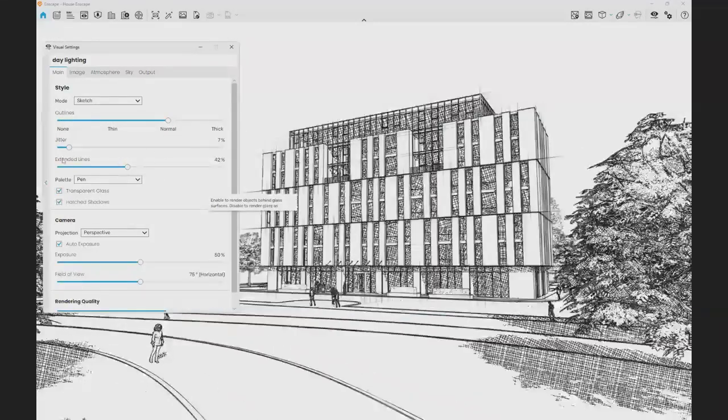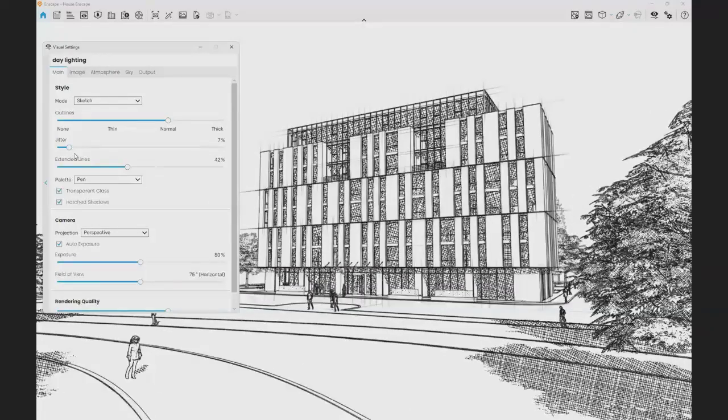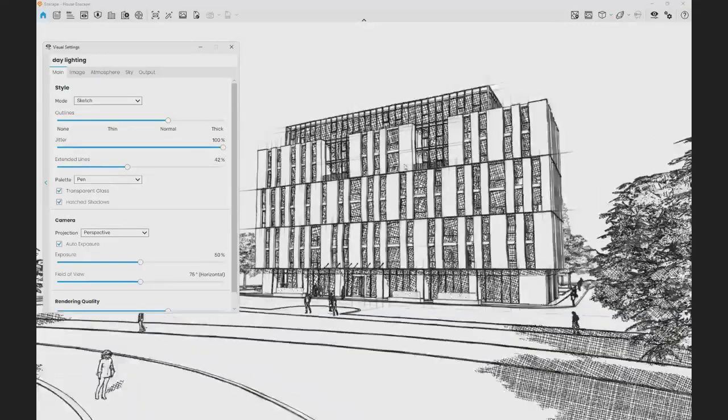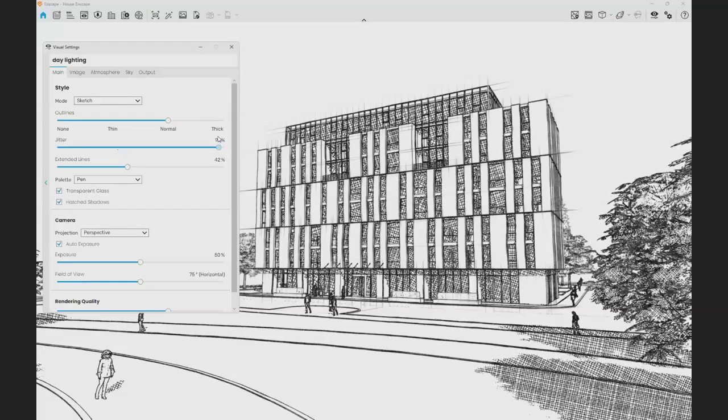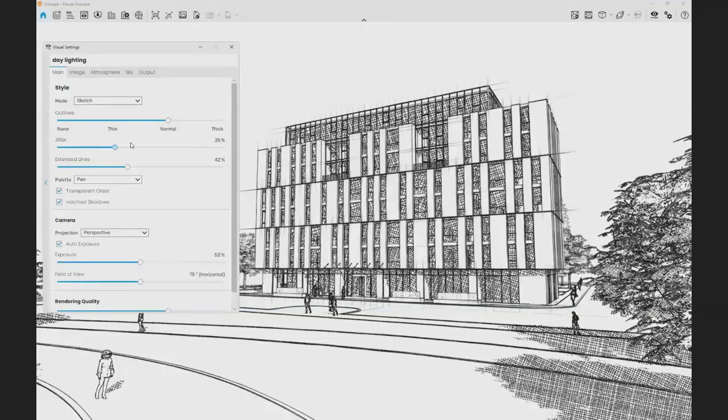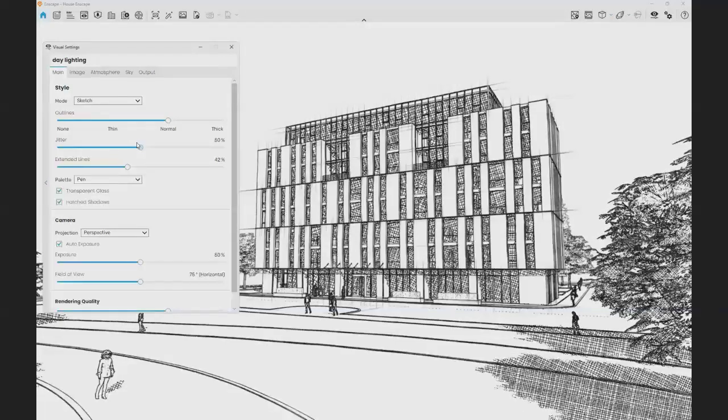The other thing is the jitter. You know that in the real world, probably we will not have perfectly straight lines, vertical and horizontal. We will have some, let's say, bending. And with that parameter, we can achieve, just pay attention how not perfect is the line right here. It's like drawn from a real human, kind of. Of course, I don't want them to be very wavy, if I can describe it like that. I want them to be something in the middle. So I will keep it like 30% or 40, not more than 50.